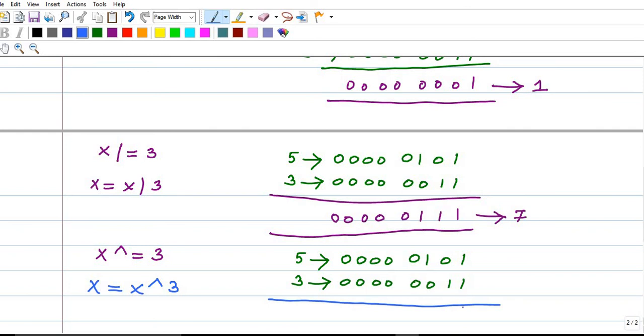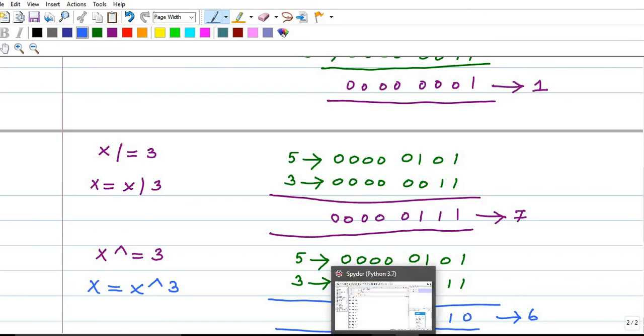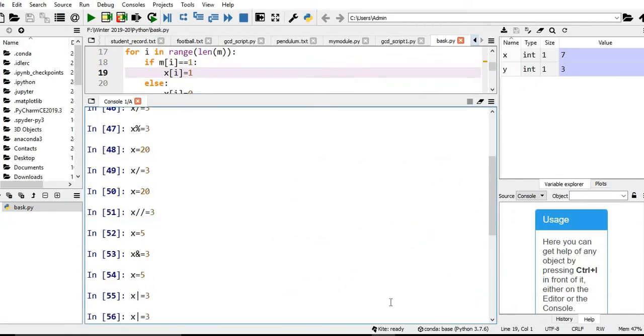Both are equal means it's 0, different means it is 1. So 110 is nothing but 6. We will verify this. So x is equal to 5, x cap is equal to 3. So you just notice the answer is 6.